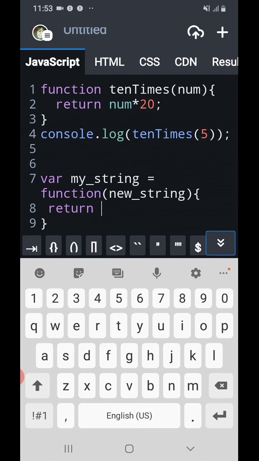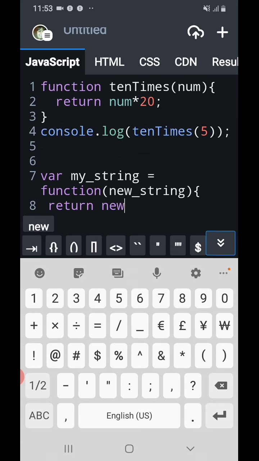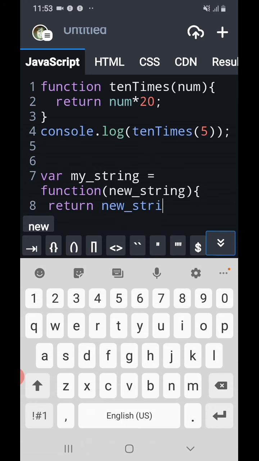You want this task to be done, which is calculate the new string's length. Dot length. So to calculate the length you have to put dot length,